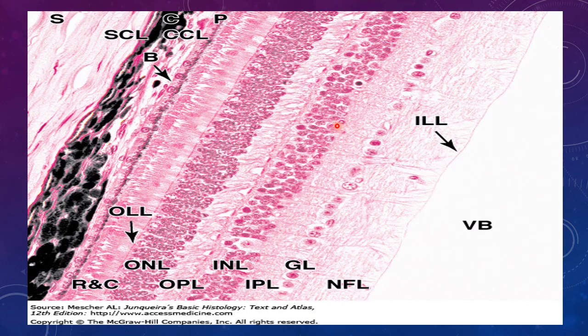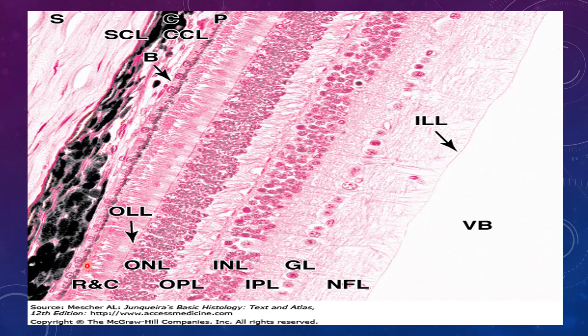Here this is an H and E stained slide of the structure of the eyeball. This collagenous layer, the connective tissue layer, is the sclera. Then deep to this, the dark staining, highly pigmented layer with blood vessels is known as the choroid. Deep to this choroid is this epithelium-like layer, which also has pigment in it. This is the retinal pigment epithelium.